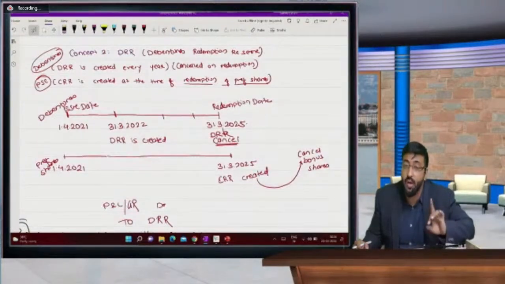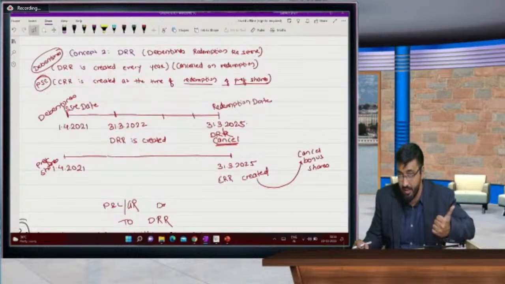इतना ही याद रखो. एक बार हिंदी में बता देता हूँ. देखो DRR जो होता है, एक बार मैं स्टार्टिंग से हिंदी में बताता हूँ. डिबेंचर्स मतलब लाइबिलिटी. ये पहले दिमाग में रखो. डिबेंचर्स ये हमारी लाइबिलिटी है. डिबेंचर्स लॉन्ग टर्म बोरोइंग्स के अंडर दिखाई जाएगी. कैश और बैंक बैलेंस अपना बढ़ेगा एसेट साइड पे. डिबेंचर्स के ऊपर हम इंटरेस्ट पे करते हैं. तो इंटरेस्ट मैंने निकाला 10,000 रुपया, तो 10,000 पीएनएल के डेबिट पे गया. पर इंटरेस्ट एक्रूअल कॉन्सेप्ट पे होता है. तो उसमें से आपने 8,000 पे किया तो कैश बैलेंस 8,000 से कम होगा. और दूसरा इफेक्ट इंटरेस्ट पेएबल करके लाइबिलिटी साइड पे 2,000 दिखेगा. So entry is very easy.